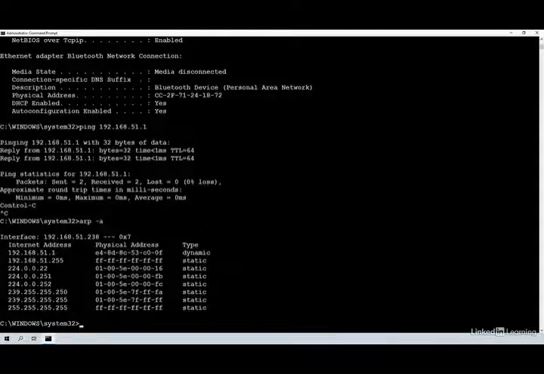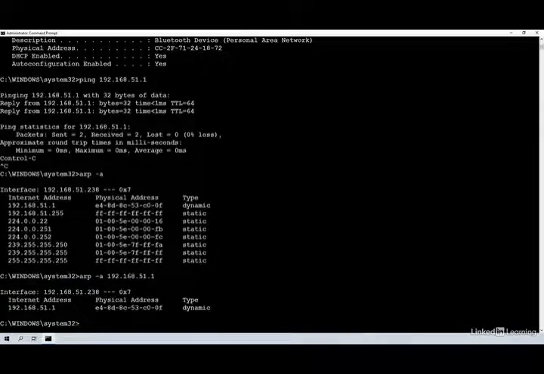The ARP cache breaks down the IP to MAC mappings per interface. It will list them as either static, which are user or system created, or dynamic if they are learned from a neighbor. If I have a specific IP address I'm looking for, I can issue the arp -a and its IP address, 192.168.51.1. If I have a cached entry that I want to remove, I can issue an arp -d and the IP address,